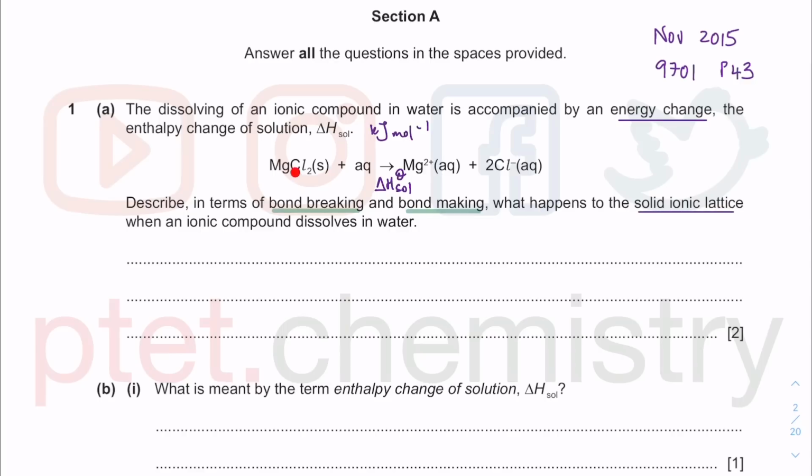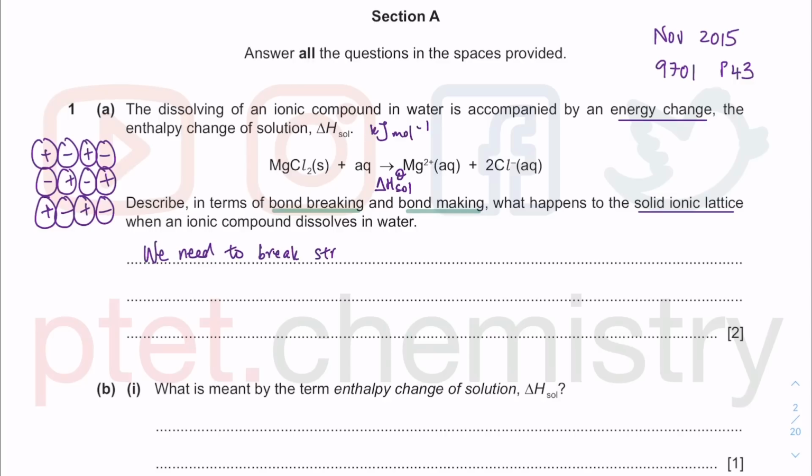So what happens to the solid ionic lattice? It started from a giant ionic lattice structure, which consists of alternating cations and anions, as you know. Giant ionic structure looks pretty much like this in 3 dimensions, and they are solid as the particles are tightly packed, and only vibrate about fixed positions as a solid. So in terms of the bond that you need to break, we break the strong ionic bond between oppositely charged ions. Strong ionic bonds